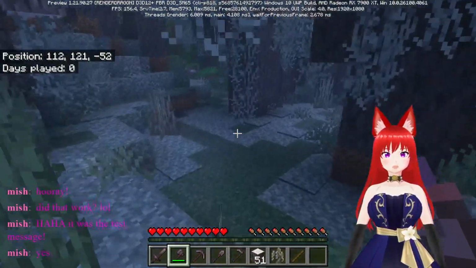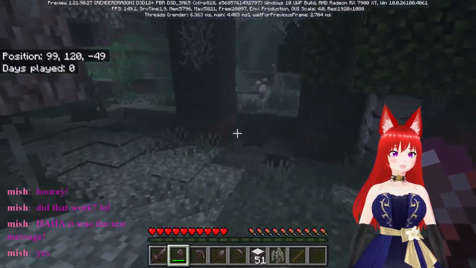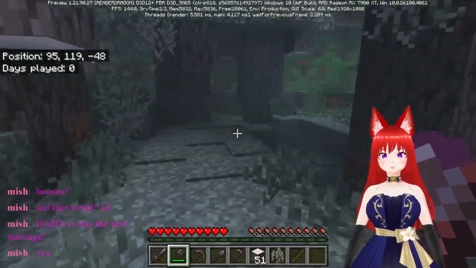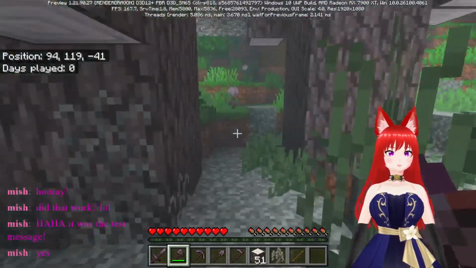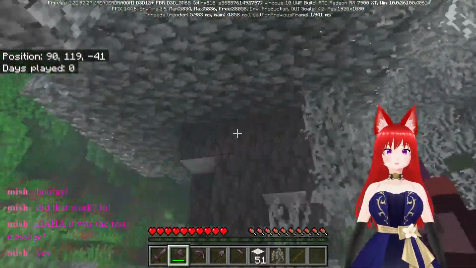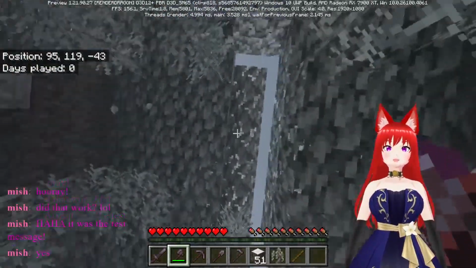Again, no mobs will spawn because we're in peaceful mode. But other than that, we'll get a look at how things look inside. And this is the